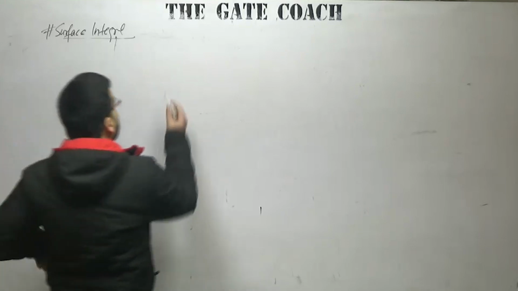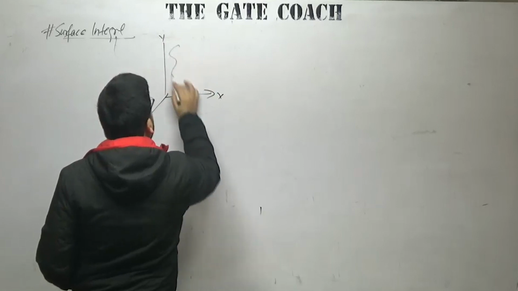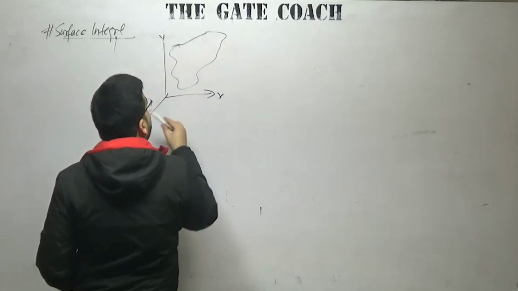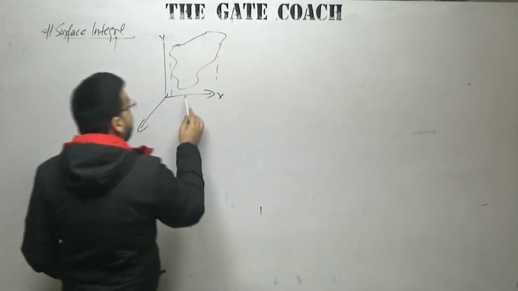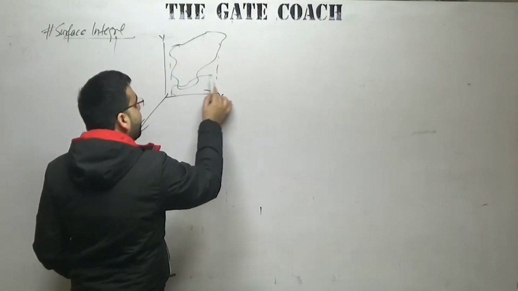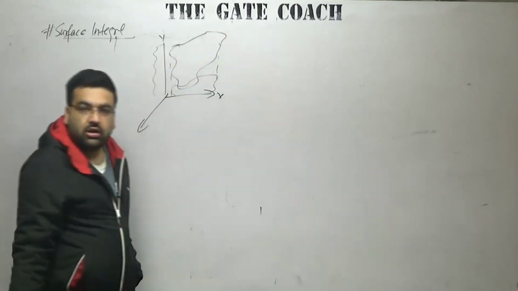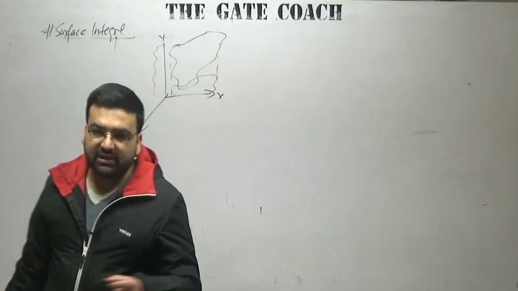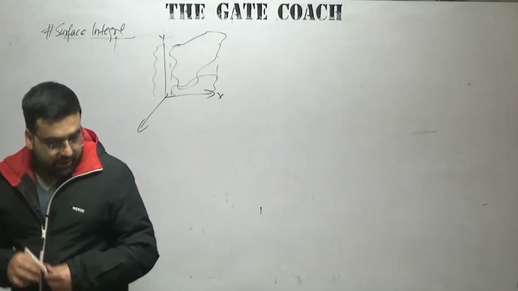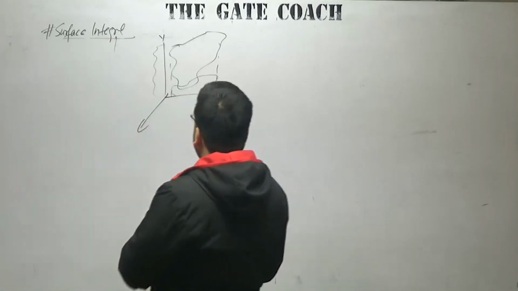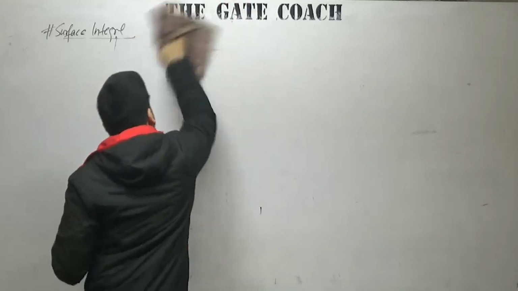For example, this is my x, this is my y, and this is my z, and this type of surface is a three-dimensional surface, right? First of all, you calculate the projection on the xy plane, dx dy, and calculate the surface area. Then you calculate the surface area in the other coordinates. You add all these surface areas and you will get the surface integral of that particular irregular body, right? Let us solve a question directly to further understand this concept. How do we calculate the surface integral?